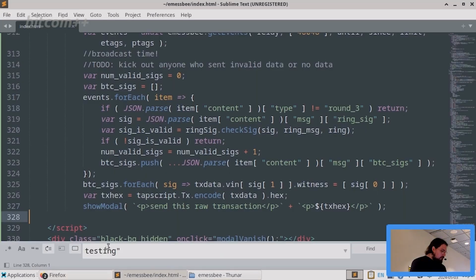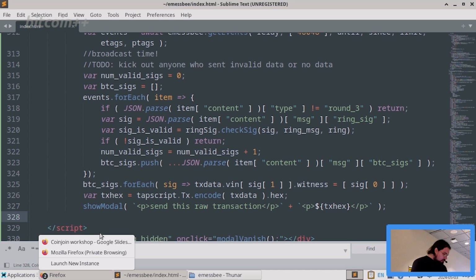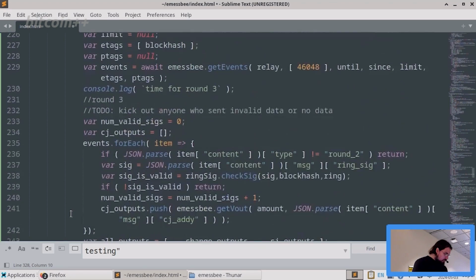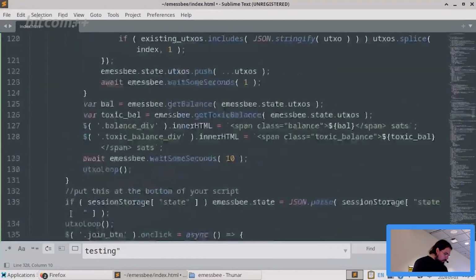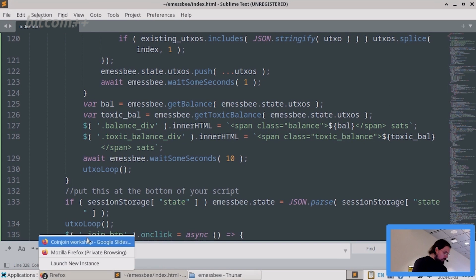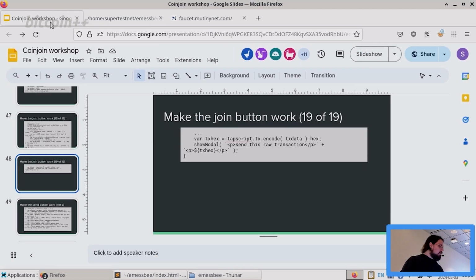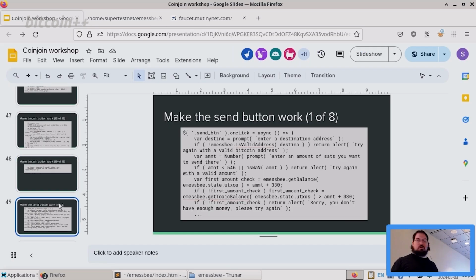But yeah, if you should implement the send button, and I think I need a final closing thing on this transaction, and that should work. We should have a valid software, except you can't send money. But you can CoinJoin, you can receive money, and you can CoinJoin, and that's really good. So that is the CoinJoin wallet. You can finish for homework, you can implement the send function by just copy pasting as I've been doing and